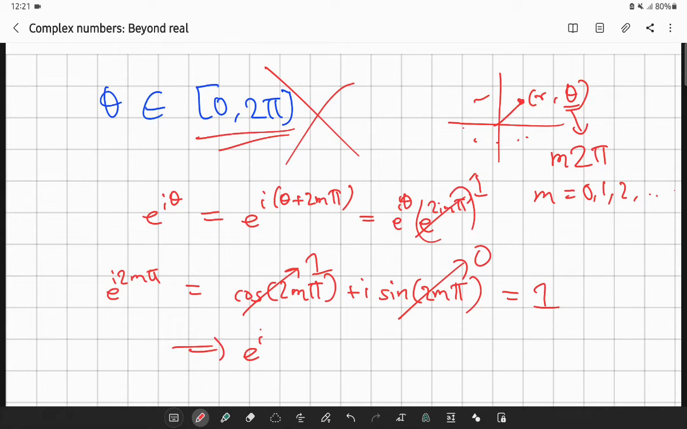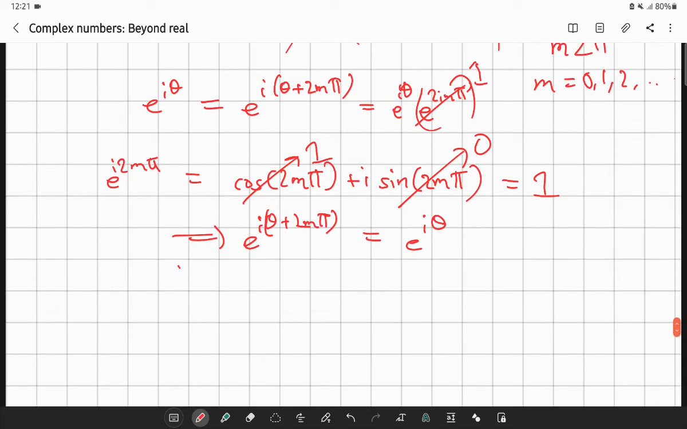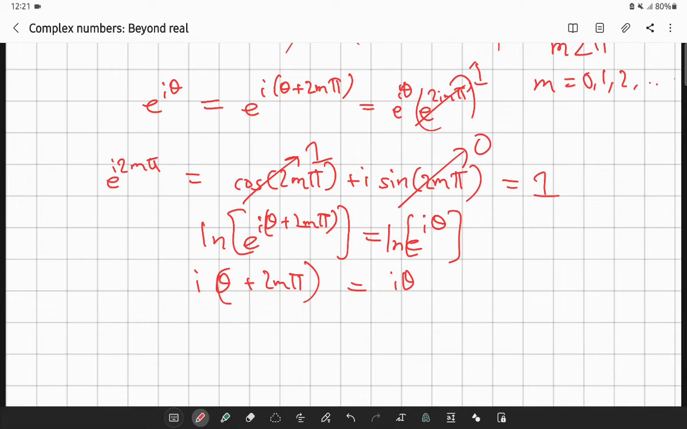So e raised to i(theta plus 2m pi) equals e raised to i theta. If I take the ln of both sides, what will I get? I'll get i theta plus 2m pi equals i theta. Is this true? Not really, it's not true, but the point I wanted to get across to you is that ln